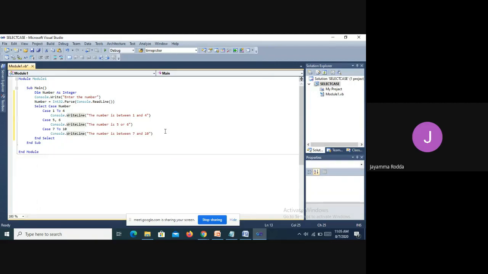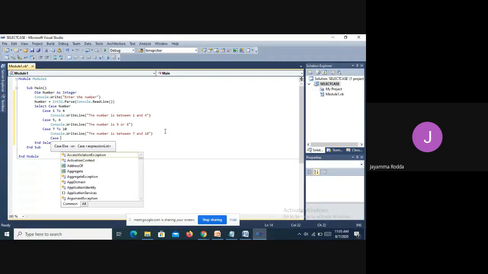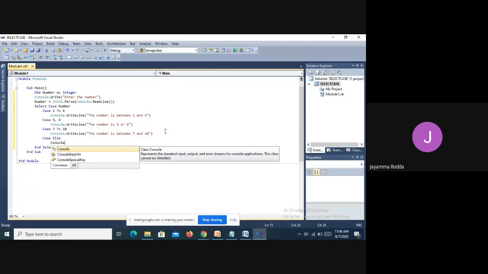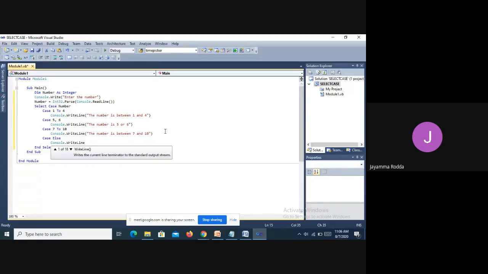Okay. So finally, what are we doing? We are going to write the else case. So I'm writing Case Else. What should my Case Else be? Case Else should be a default statement, default condition. Console.WriteLine: if it is not between 1 to 10, I should write "The number is not between 1 and 10".